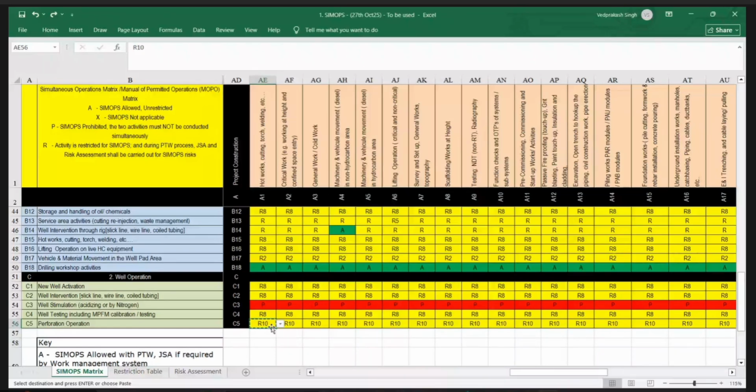And Vijay, I tell you, since this is construction versus well operation, this may not be applicable, to be honest, like well activation, as we discussed in the beginning, because you are not